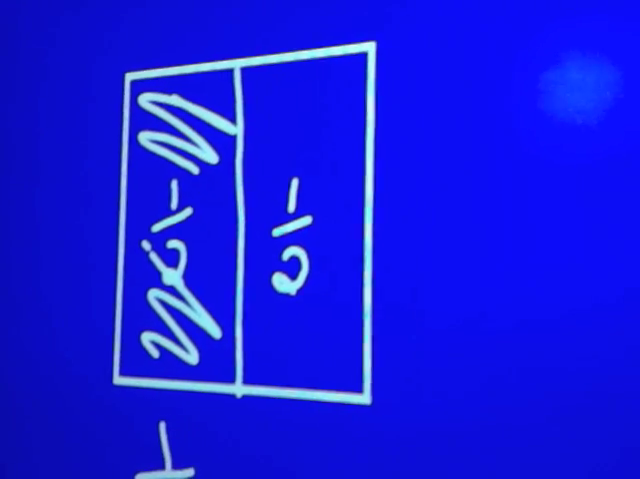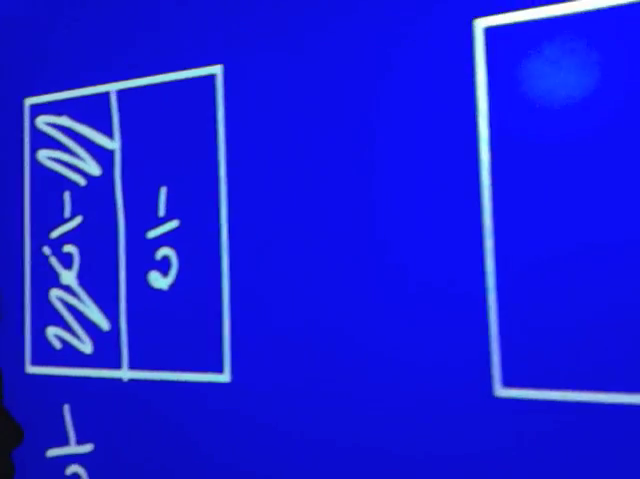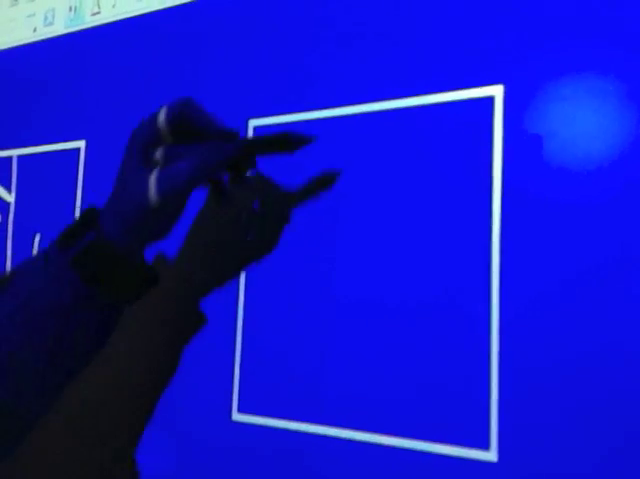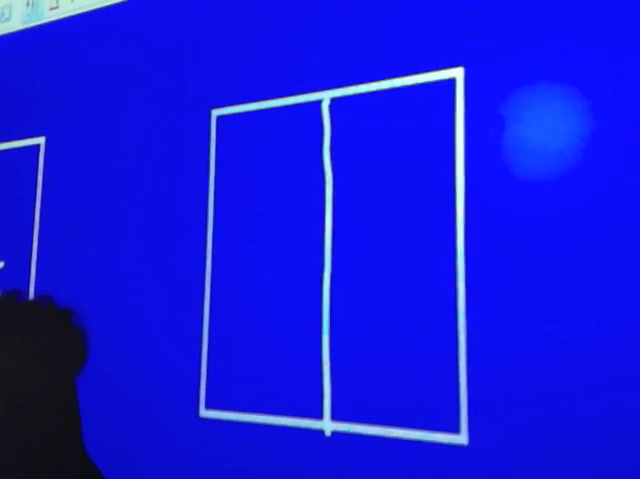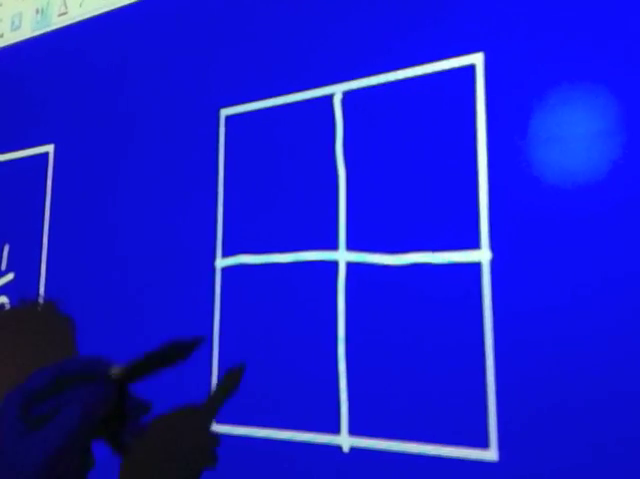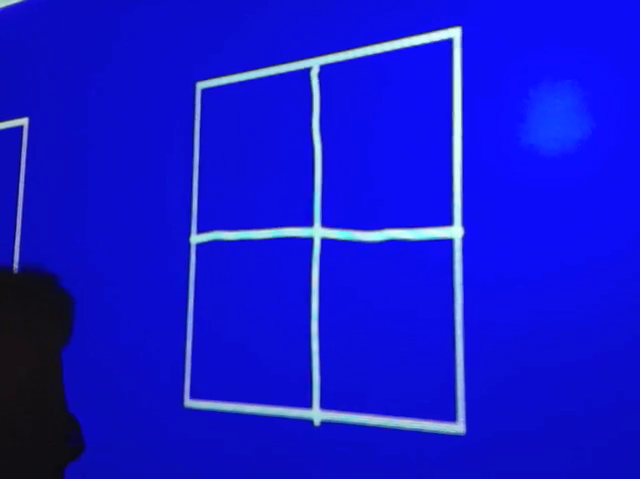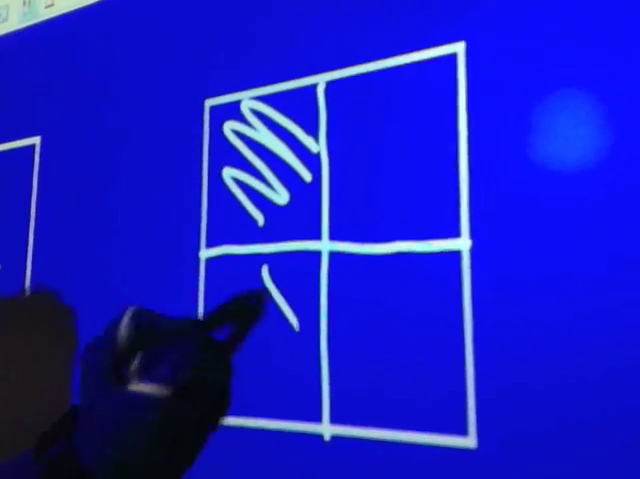Now, if I want to find an equivalent fraction, I'm going to slide over and make another square box. Now in this square box, again, I'm going to cut it in half, so I have my original half, but now I'm also going to cut it in half this way. And now if you notice, I have 4 equal parts, and if I color in 2 of my 4 equal